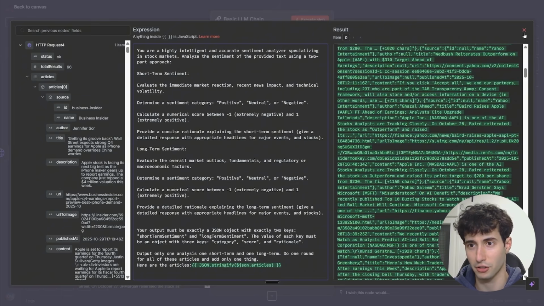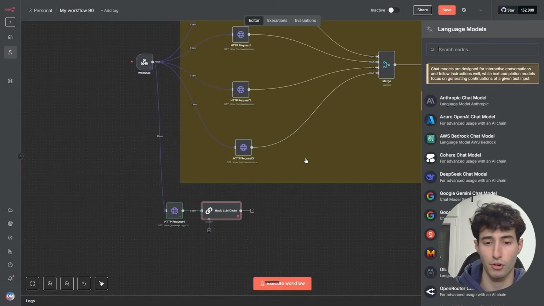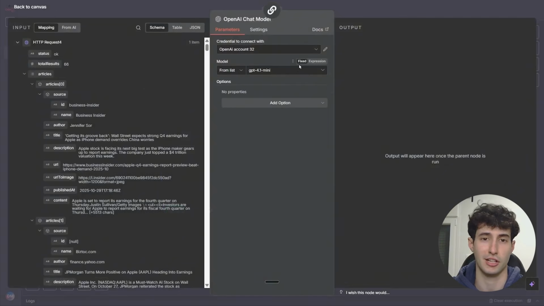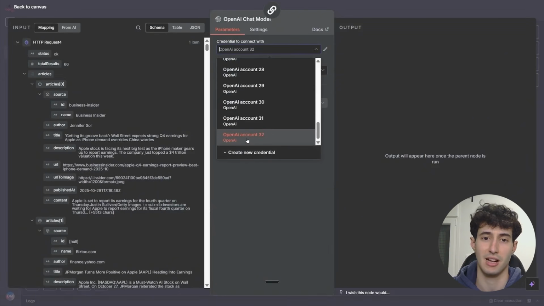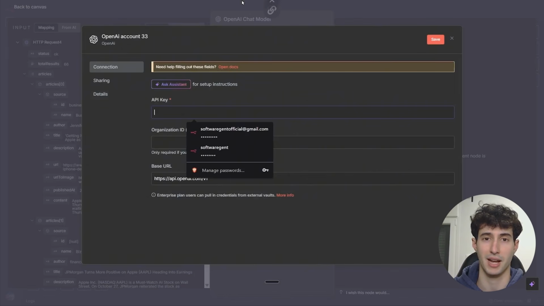So now all we have to do is to simply come over here and close this off, and then come over here and add in our LLM model. Now for the model, I will personally choose to go with OpenAI. You can obviously go with any LLM model that you want, and then I will come over here and select my OpenAI credentials. Now if you do not have credentials, all you have to do is to simply come over here and click on create new credential, and then you simply need to input your API key, which you're going